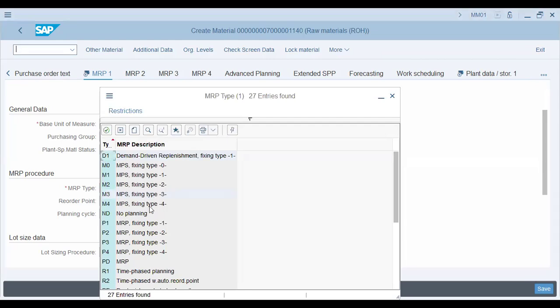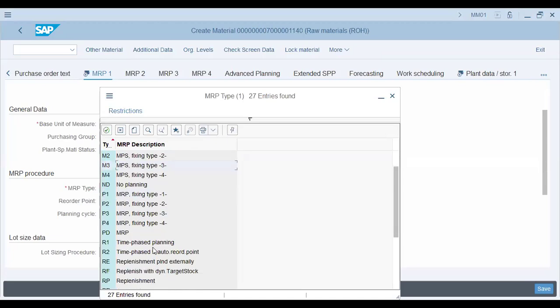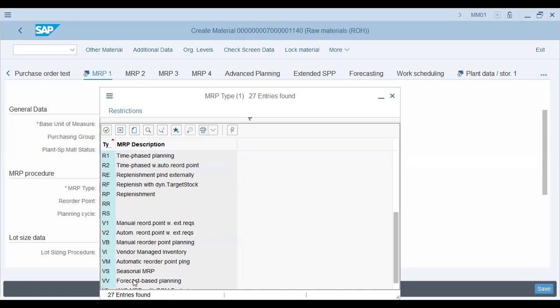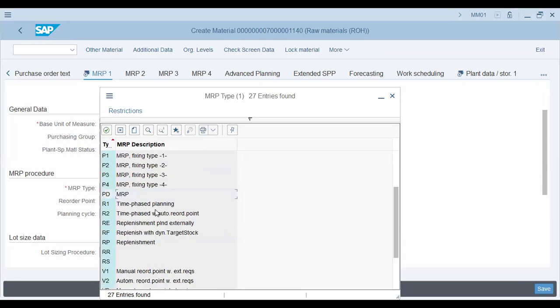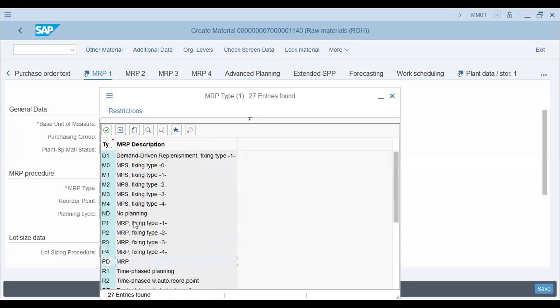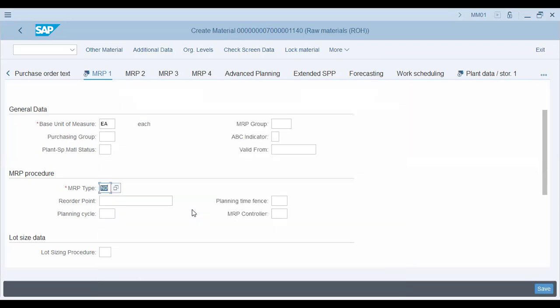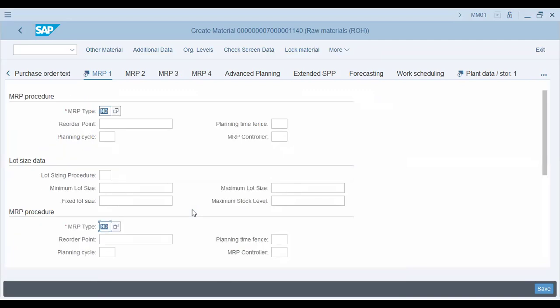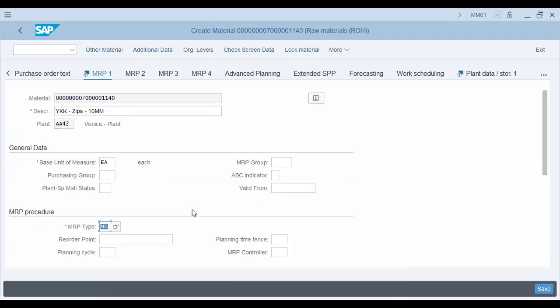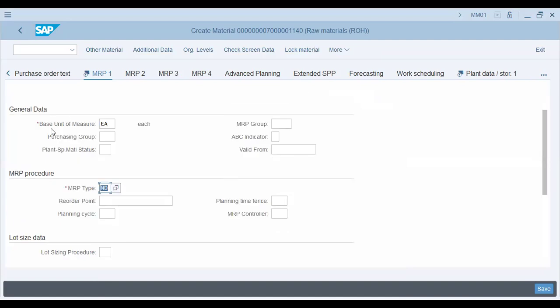MRP type, which will be used in MRP or not. Seasonal MRP, automatic reordering point, forecast-based planning. Either you use it for production or for planning. That's up to you. We'll use no planning for now because we're just making a sample product material. So we have 4 sections in MRP1: general data, MRP procedure,